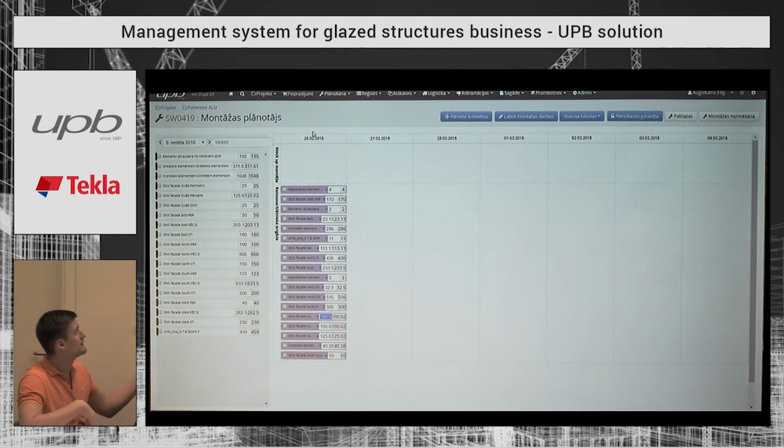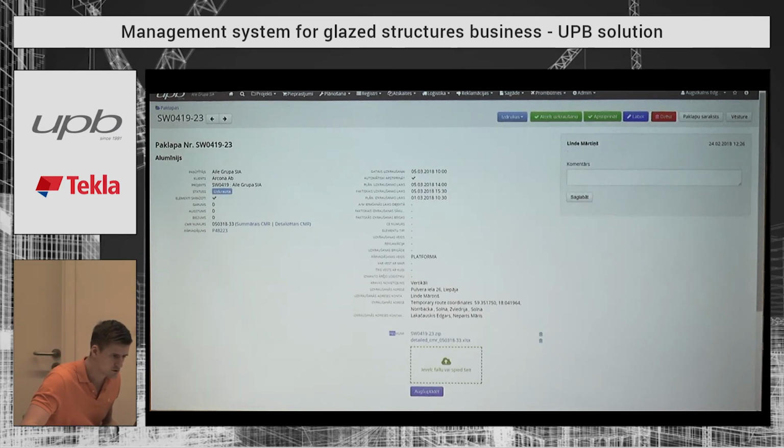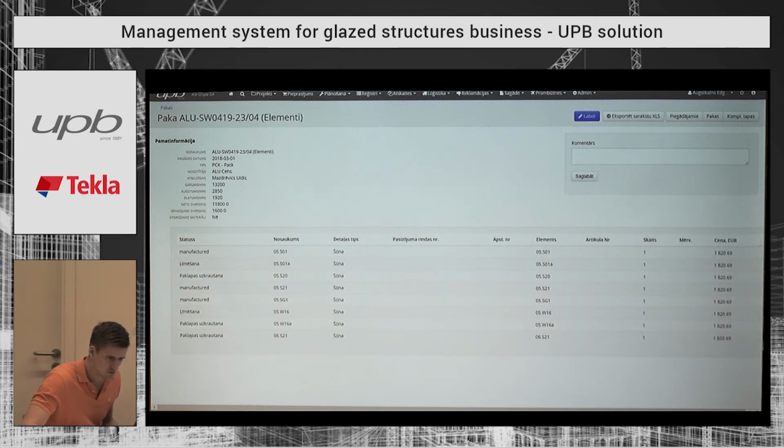And of course, behind all this is also a budgeting part where each of those parts that I showed you before, not each, but the most important parts, have a value. We calculate what is the production price and what is the sales price of each. Actually, I could show you, I guess. Yeah, here, for example, in this case, for each of these elements, we have calculated what is the sales price